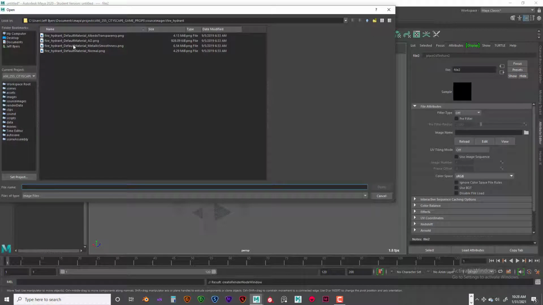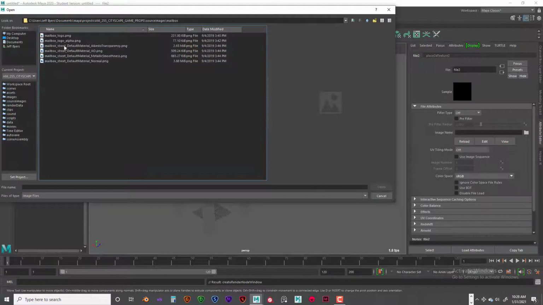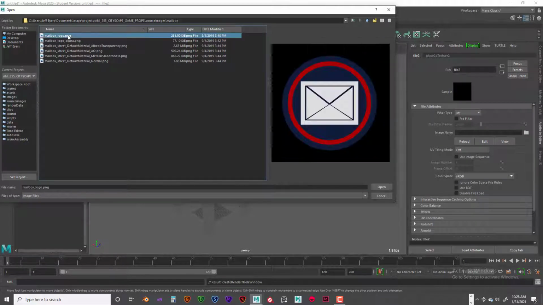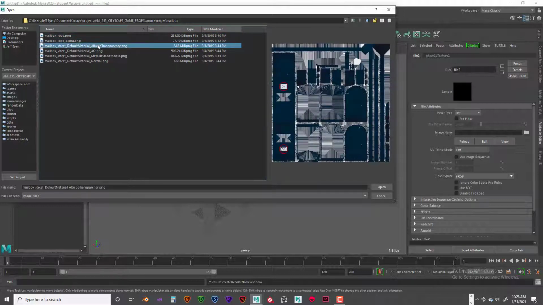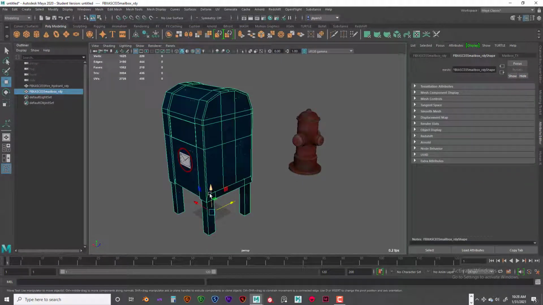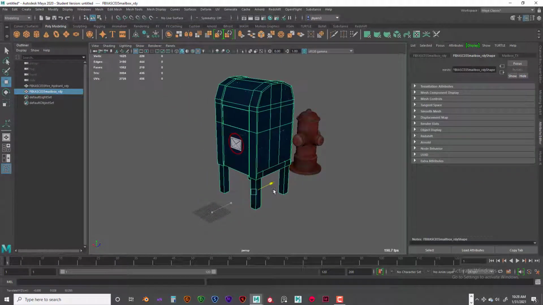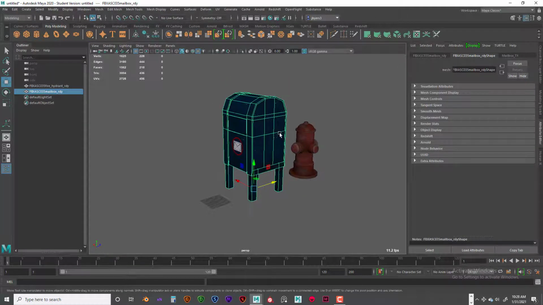They're easy to find. You can just go in here and go up one. This one is the mailbox. There we go. And then this one has quite a few different ones here. There's the one we want, the albedo transparency. I'm not worried about anything else. There we go. I can continue bringing them in, and then I'll come back after I pause the video and show you what